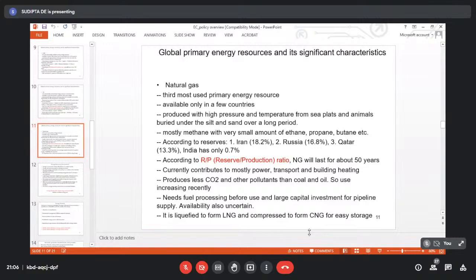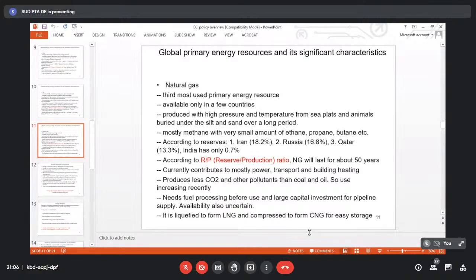Then the second point is oil is mostly used in the transport sector, but oil is distributed very unevenly to some of the countries, and that's why oil has got a lot of international political impact with respect to the reserves. I mean, the countries that have got the oil reserves, and those countries which are depending on them, and that creates the economic shock, and simultaneously the political issues are realigned on the basis of this oil. And it's basically mother nature's decision that some of the countries only will have oil, not others,